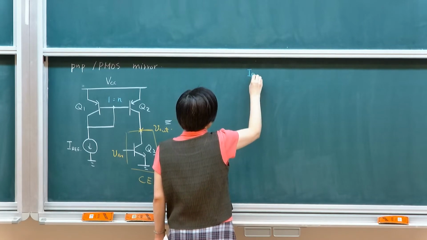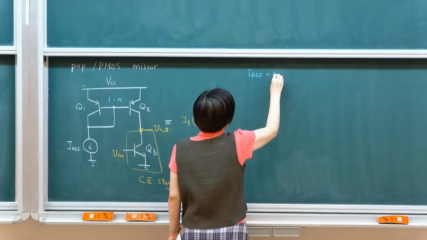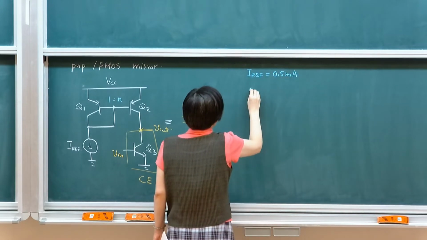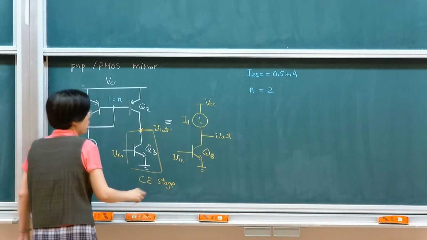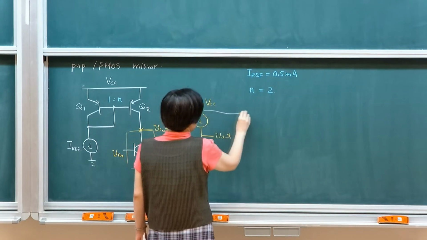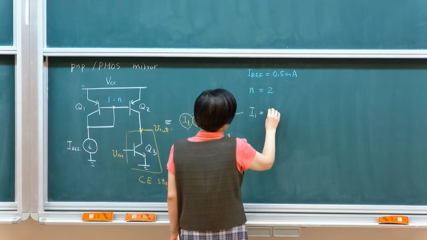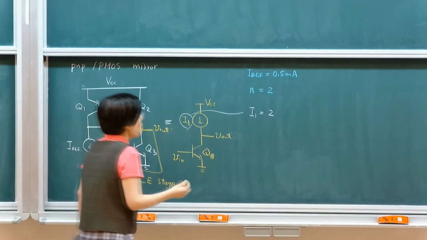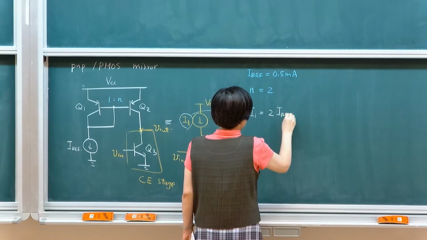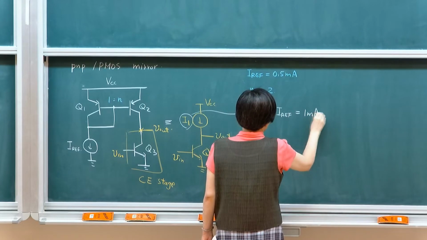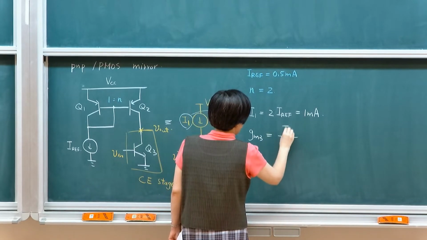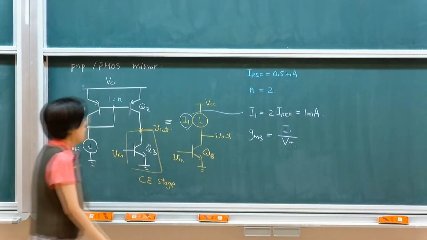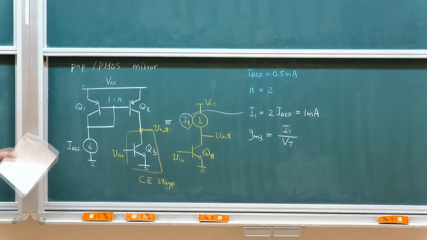Let's give some numbers. Let's say I reference equals 0.5 milliamp. My N, the ratio between the 2 transistors, equals 2. If that's the case, that would simply imply that this I1 should equal about 2 I reference, ignoring beta effect. There will be 1 milliamp. So based on this, we should be able to get gm3, sorry, gm3 is I1 over VT. And then we should be able to find out the overall gain of this common emitter stage with PMOS current mirror